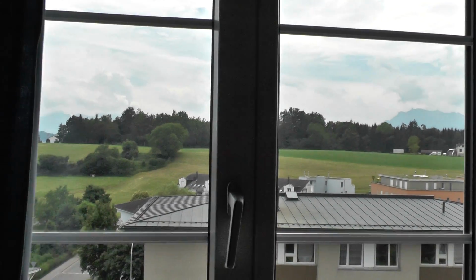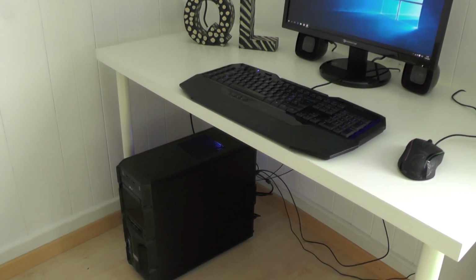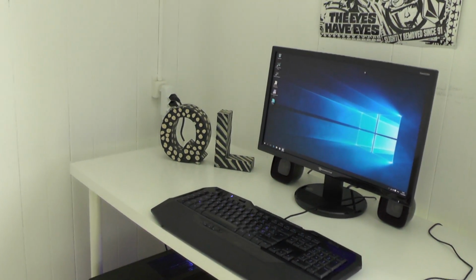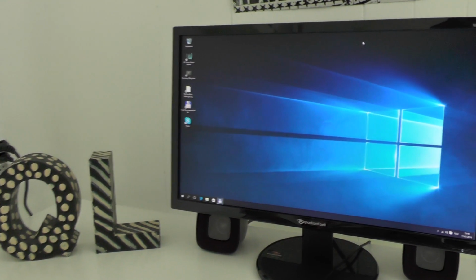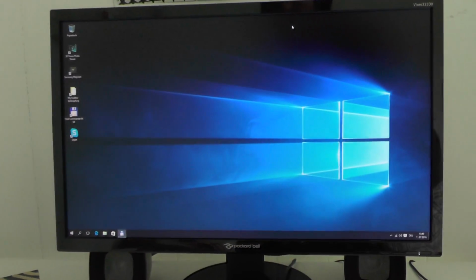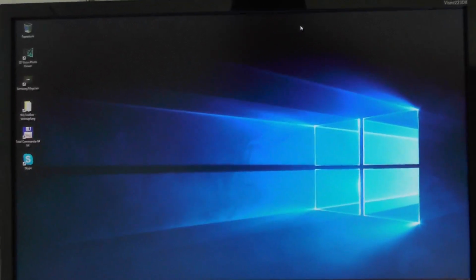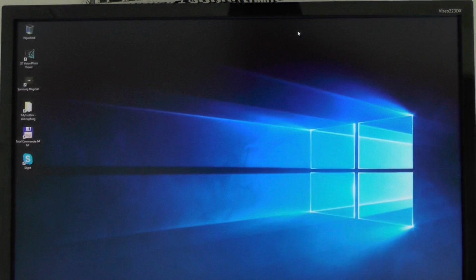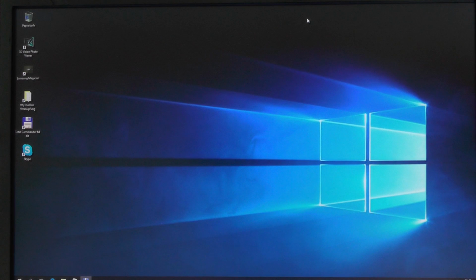Okay, a week ago I was doing an upgrade to this PC from Windows 8.1 to Windows 10, and I want to show you something I've been experiencing while working with this PC under the QL emulation. I have found quite a strange behavior which I want to show you. Okay, first